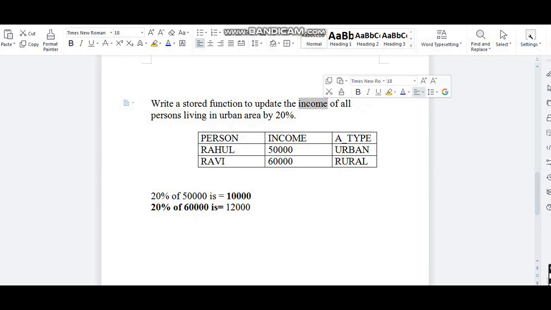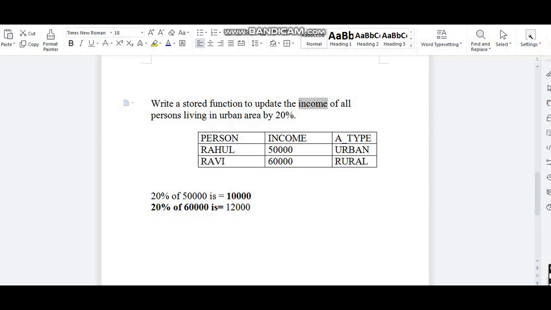Compulsory it is telling what? Area type must be urban. And how many tables do we need here? Area type is in area table and obviously person is in person table. And income is again in the person table. That means we need two tables over here. One is person and the another one is area. You have to identify how many tables are needed by this query. So here we need two tables.